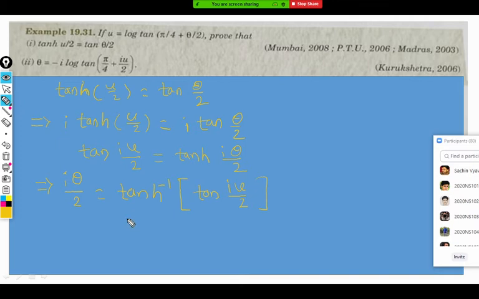So can I write this as one by two log of one plus iθ by two divided by one minus iθ by two? That's one. So this 2 and this 2 get cancelled on both sides, and we get theta equal to